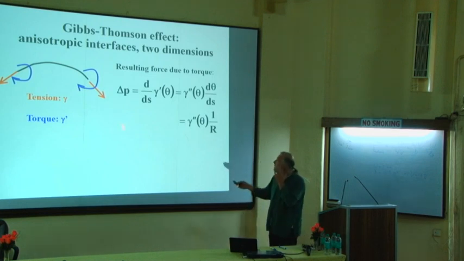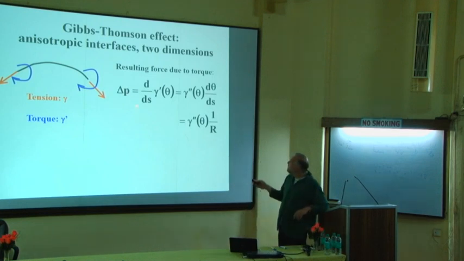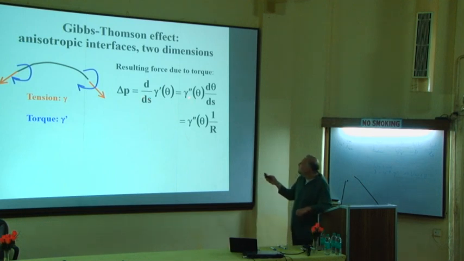And so the capillary pressure now, instead of just being gamma by r, there is a new contribution, which is the derivative of the torque with respect to arc length. And this you can write, you use the chain rule, as the second derivative times d theta by ds. Theta is the orientation, and d theta by ds is the curvature. Okay? So you get a new contribution that is proportional to the curvature and proportional to the second derivative of